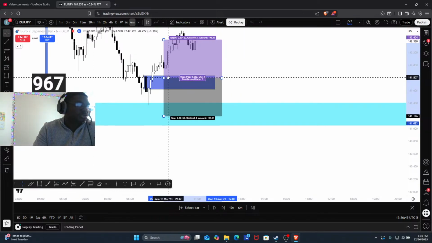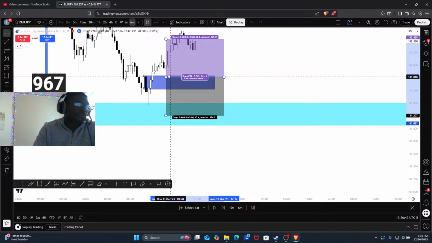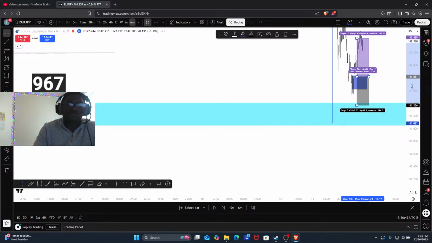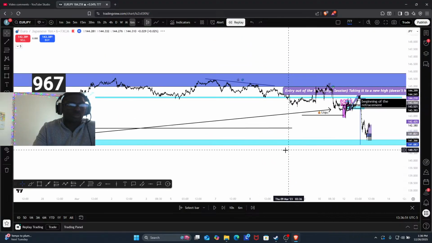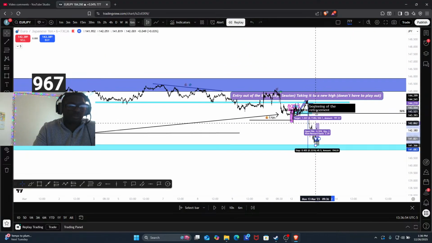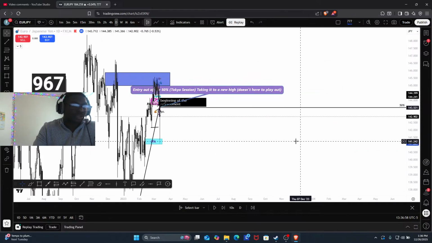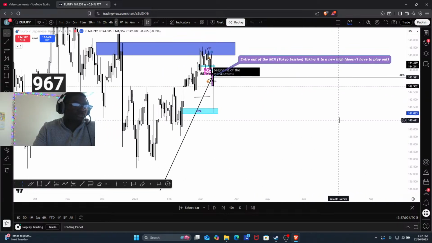We know we bullish, right? And guess where our new target is at? Ladies and gentlemen, our new target is a new daily high. Because why? Not saying it will, but let's see.